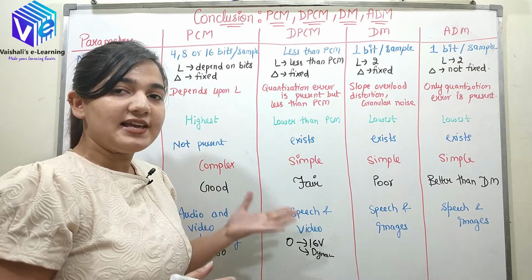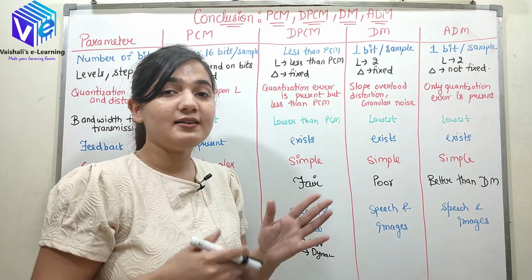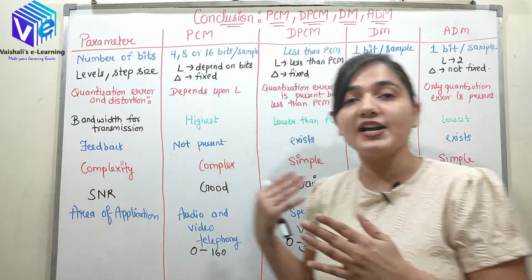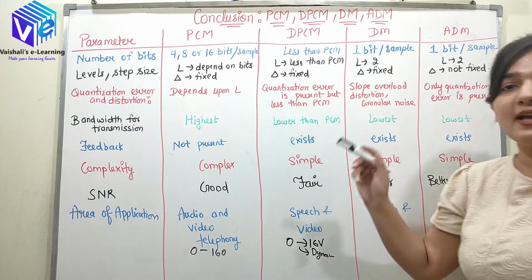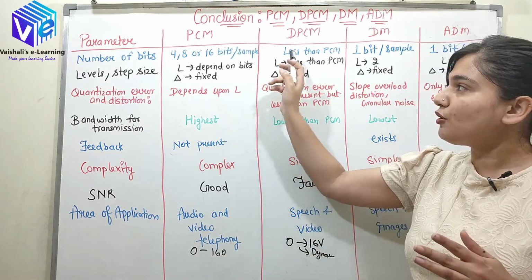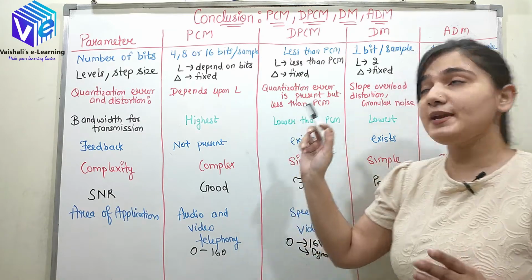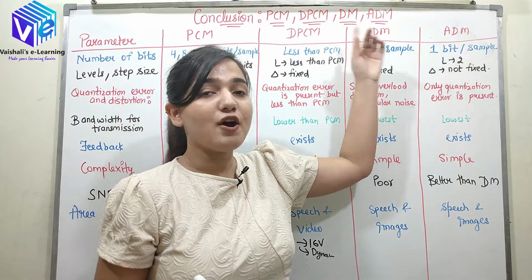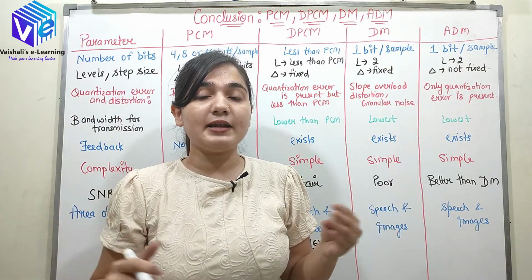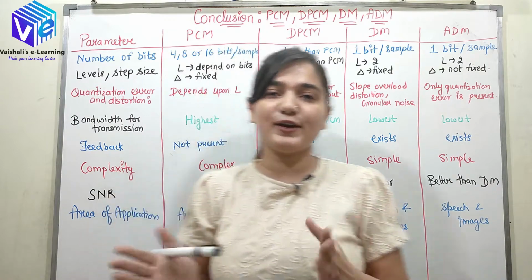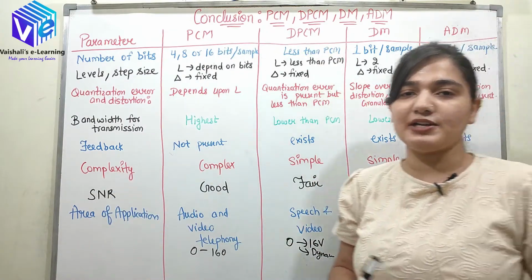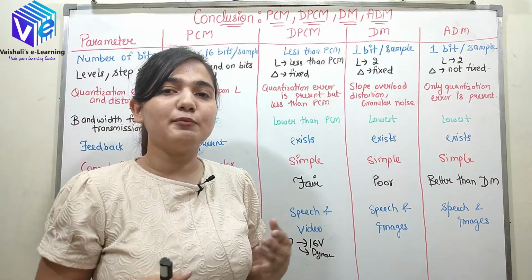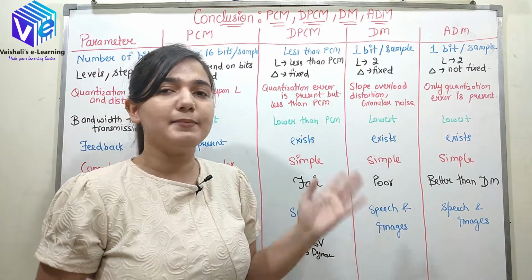So why we have less number of levels? Because the error function is very less in the dynamic range, because there was more correlation in the adjacent samples. So here obviously the dynamic range is less, so the number of bits required per sample would be less. So if I talk about the delta modulation and adaptive delta modulation, for both of them I am just requiring 1 bit per sample. So this was the only difference between DPCM and delta modulation. I already told you that when I am moving from DPCM to DM, it's a special type of DPCM only where I require 1 bit per sample.